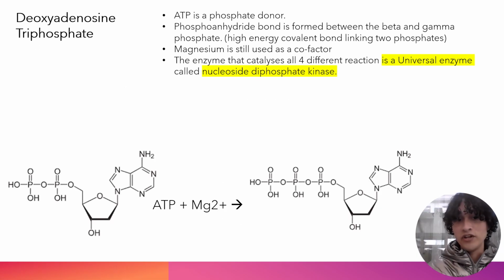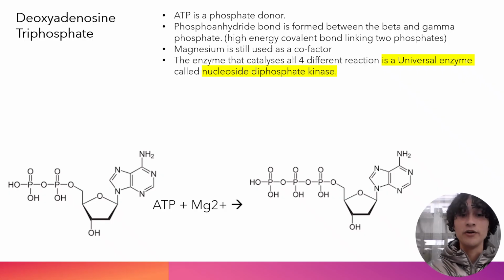So I'll just use deoxyadenosine diphosphate as an example. I won't go too much into step 3 because we kind of get the idea, and it's the same enzyme that will catalyze this transfer of phosphate groups. So we start off with our deoxyadenosine diphosphate. Once again, just to break it down, we've got our nitrogenous base. You can see that's a purine. You can see it's adenine because on its 6th carbon it's got that amine group, whereas guanine would have a carbonyl group, C double bond O. You can see the imidazole ring is forming that glycosidic linkage with the deoxyribose sugar,